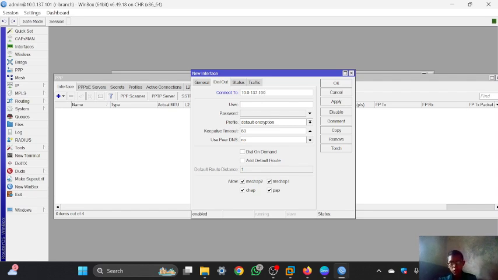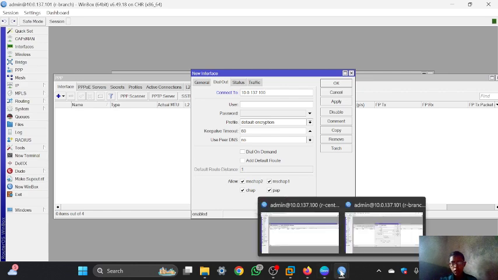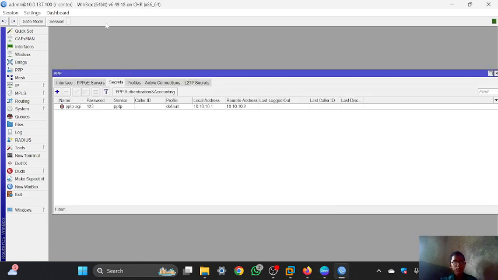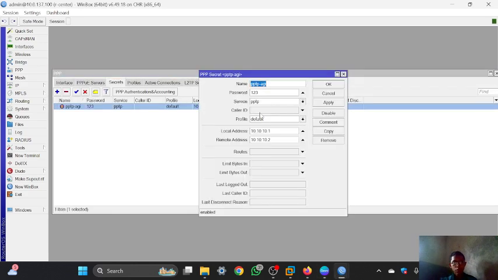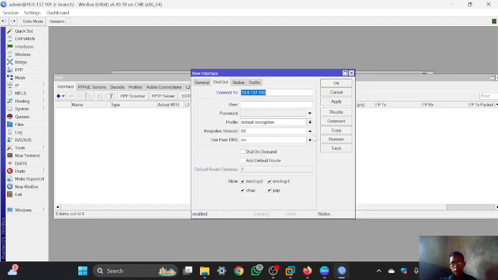And for the user, it is the one you configured in the router center, which is this name. I will type it in here, pptp agi, and the password is before 123, so I will fill it in here.